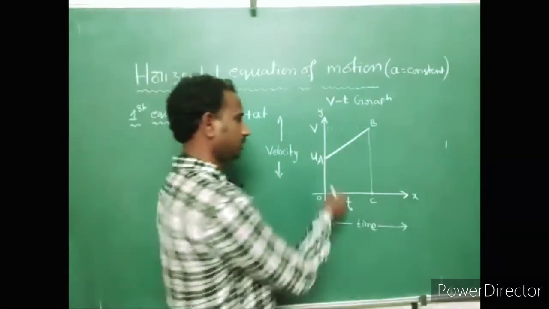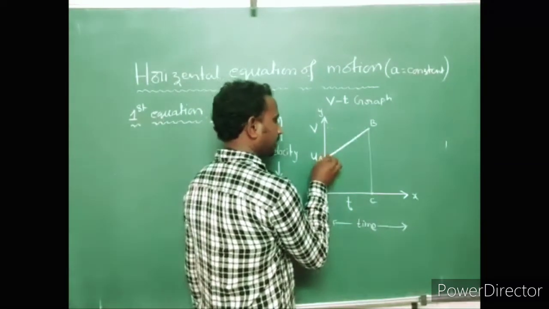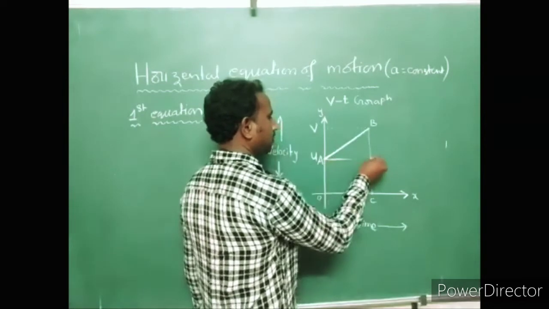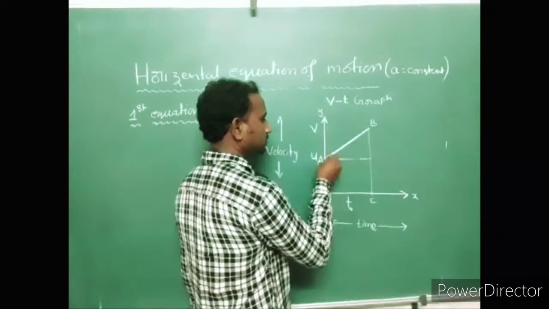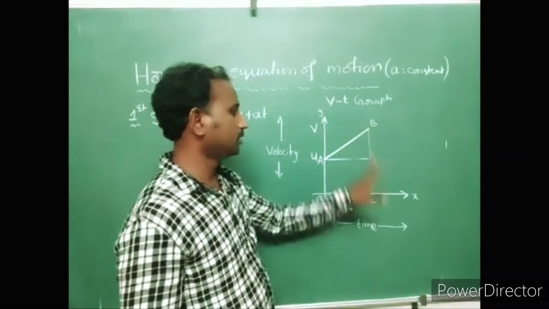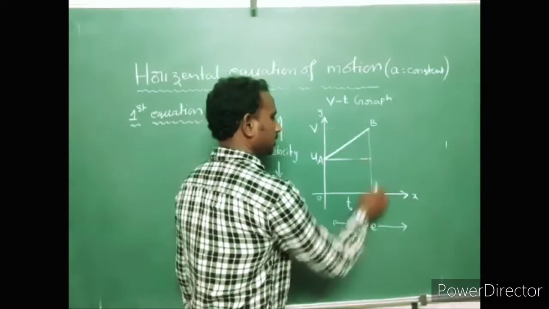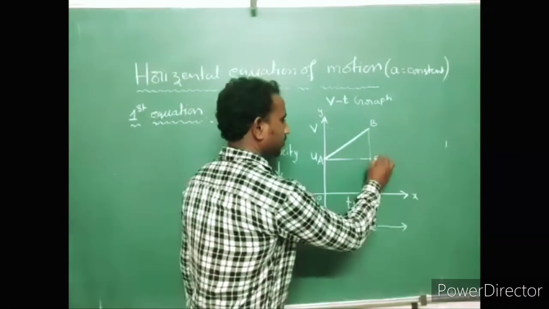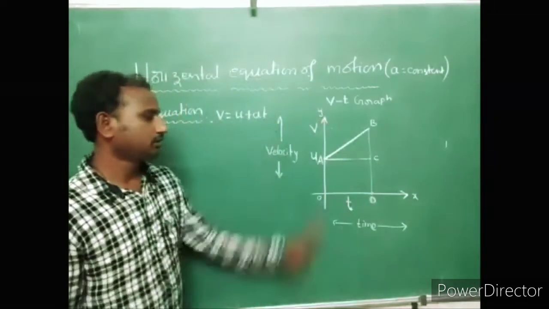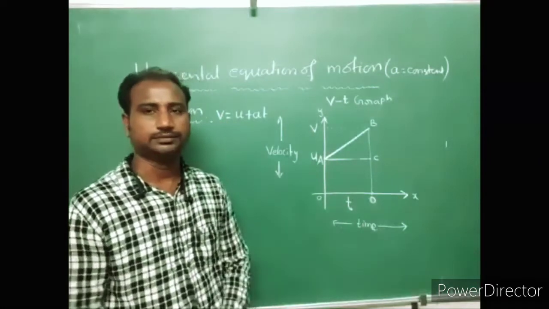Next, we draw another perpendicular line, perpendicular to this. This line meets at a point on the BC line. This point we consider C, and this point we consider D. Now these all are position points with respect to the xy axis.